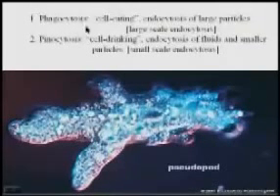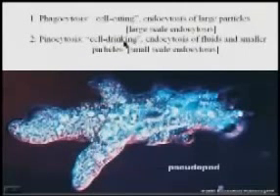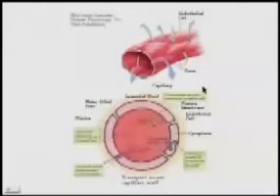We can now look at specific examples of bulk flow: phagocytosis and pinocytosis. Phago means to eat. It's large-scale endocytosis, so endocytosis of large particles. This is the cell eating. Here we see the amoeba with its pseudopods, and they'll surround something and form a big giant endocytotic vesicle, or phagocytic vesicle. Pinocytosis is small-scale cell drinking, and it is endocytosis of fluids and smaller particles. This is very important in